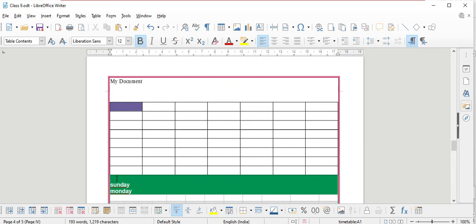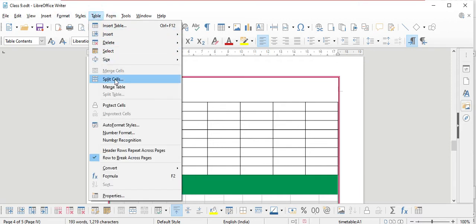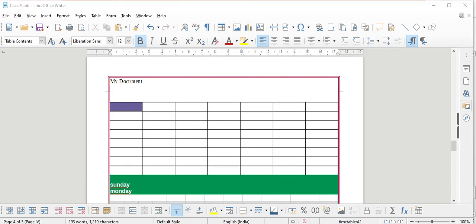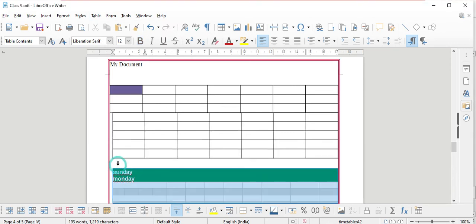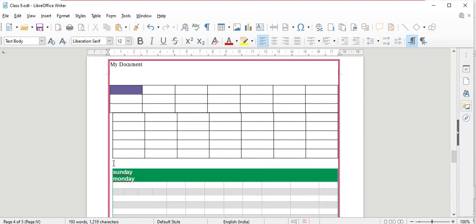And if you want to split this table again, click on the row and then go to the table and choose split table. See here, we have separated the table by doing the split table. If you want to merge in another way, you can keep your cursor in the space between where you want to merge.